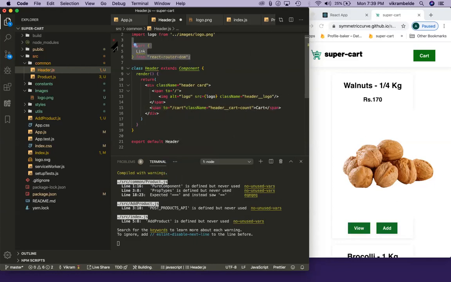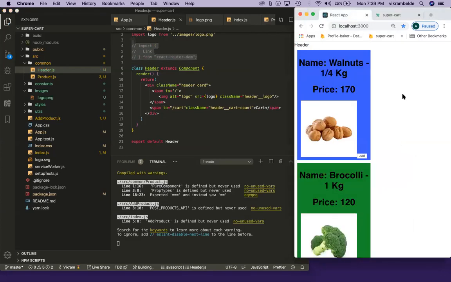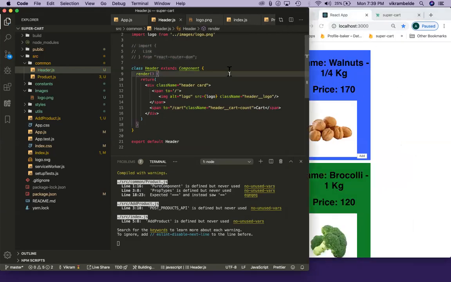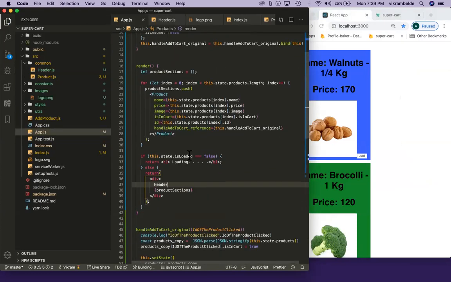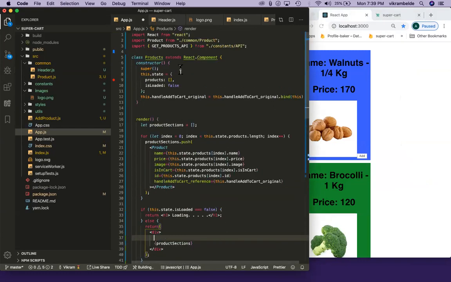And get rid of this stuff. We'll come back to this point later. And then if I give it a refresh and then import this component into the app.js, okay, import this component in here. So if I start typing it, it should ask me to import it, which it is not. So I would import it, the component